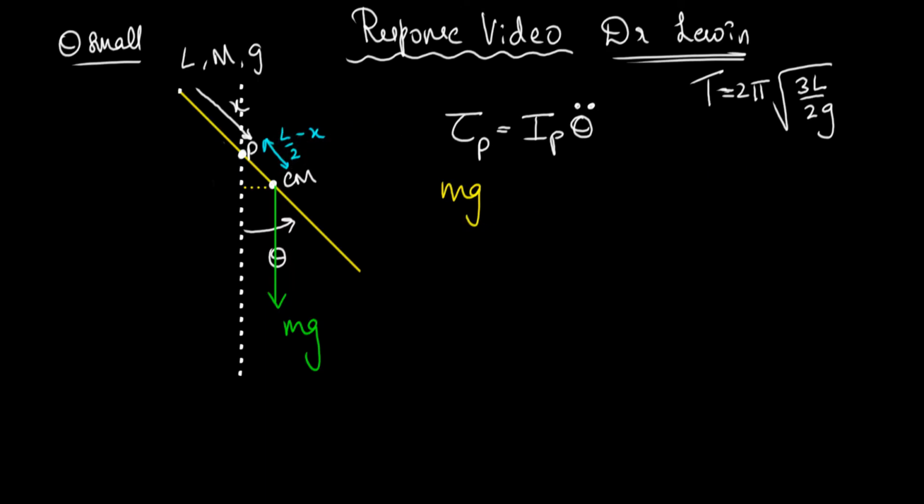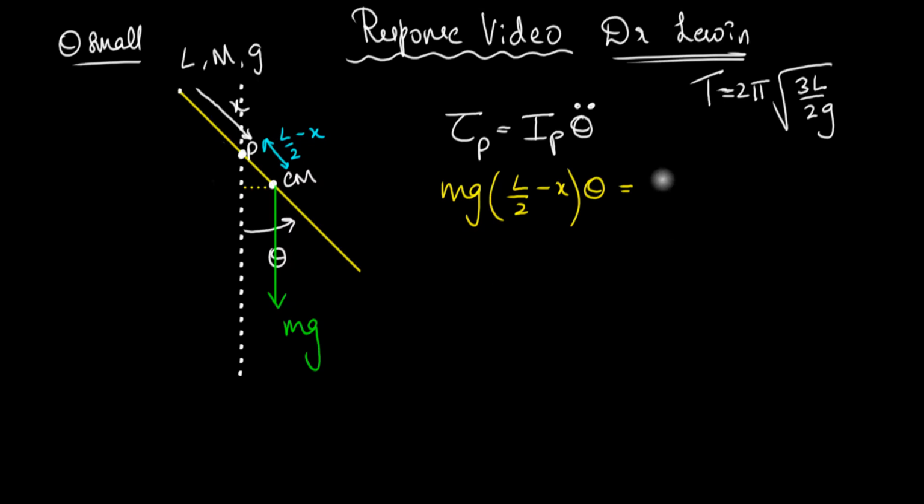So it's going to be mg times the horizontal component, L/2 minus x, times sine theta, but sine theta is almost equal to theta because theta is very small, and that should be equal to the moment of inertia of this rod with respect to this point,